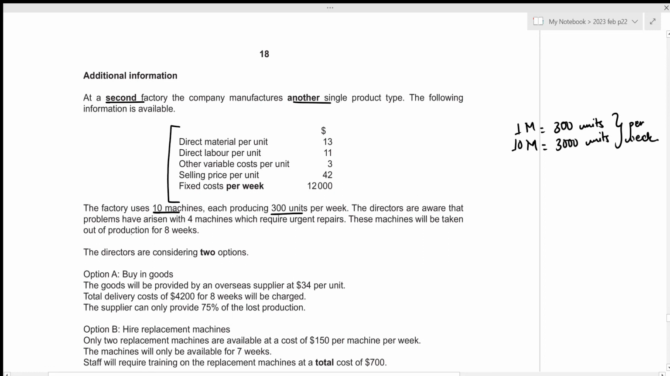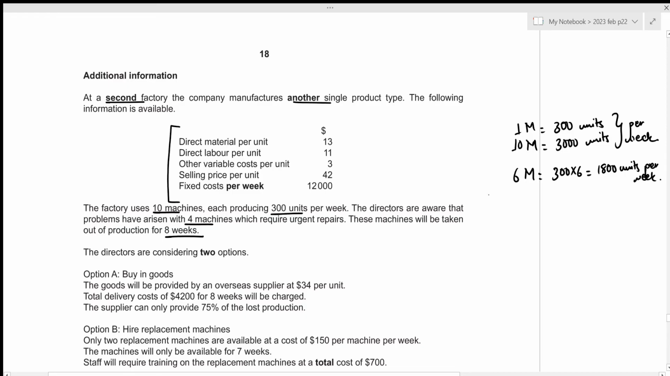Now, the directors are aware that problems have arisen with 4 machines which require urgent repairs. Those machines will be taken out of production for 8 weeks. So if we are taking out 4 machines, we'll now only have 6 machines. And for 6 machines, we can get 300 times 6, which is 1,800 units. This is per week,